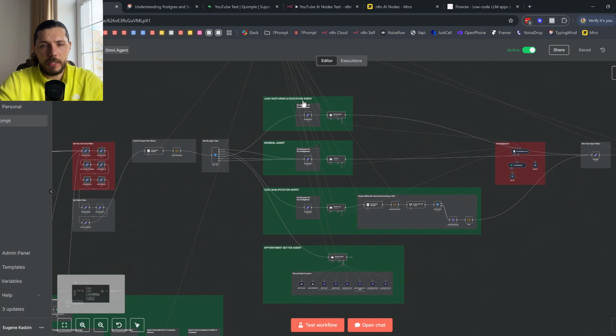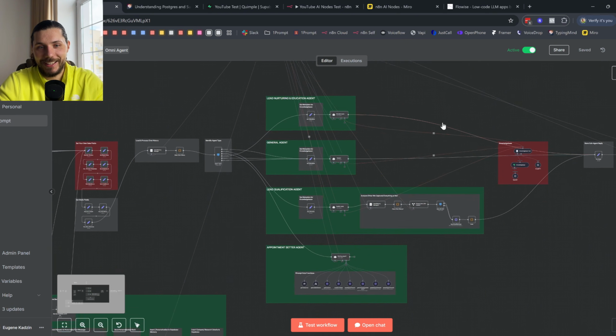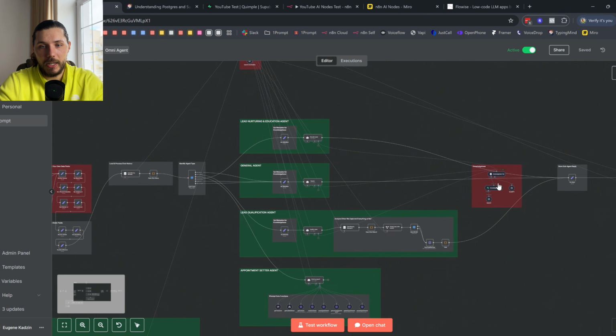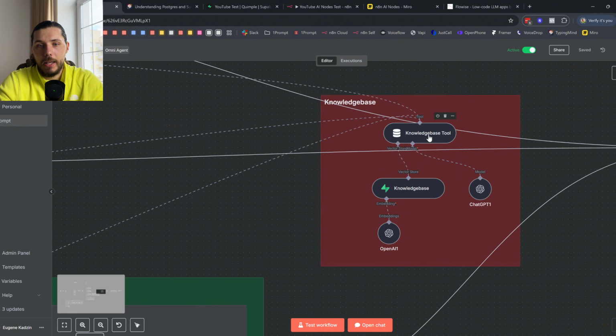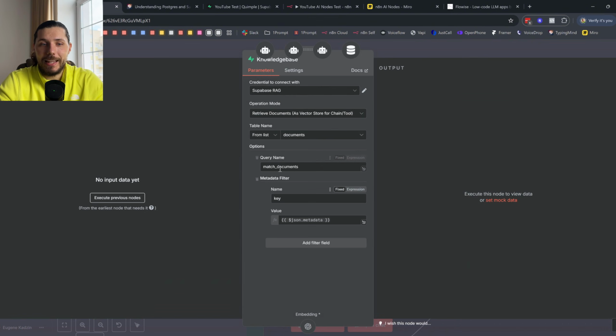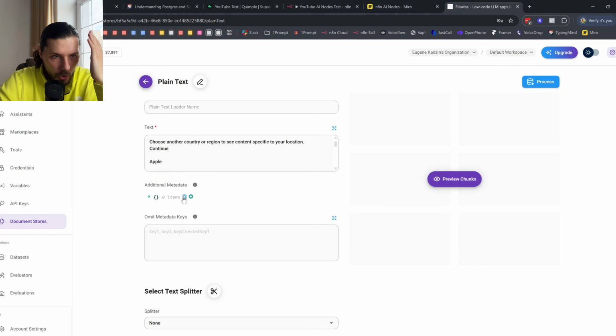As you can see, we have different agents, but there's a spider web of connections. Don't worry about that. We also only have one knowledge base, okay? And this knowledge base is getting filtered through the metadata, so we are only getting the documents that are relevant to us. This will be discussed in the in-depth knowledge base video, but what I want to show you is